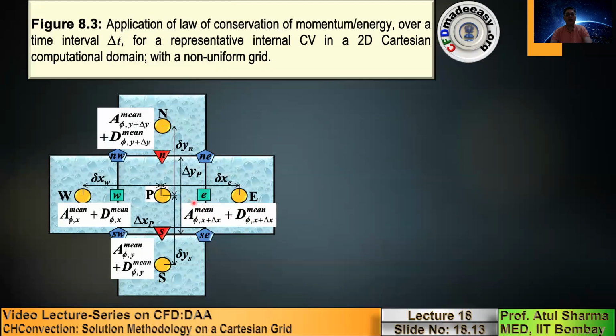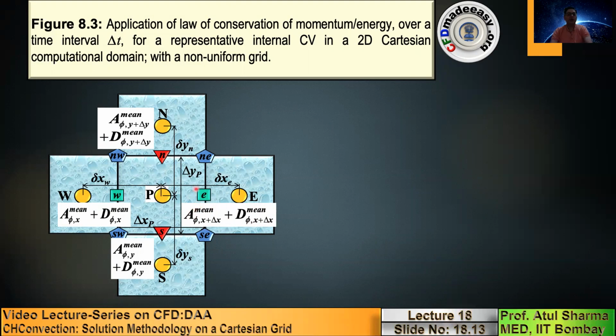But here, we also want to use the conduction as a general variable diffusion and the enthalpy as a general variable advection, so we are using a subscript phi, where if this phi is U, then this becomes the viscous force in x direction. If this A is U, then it becomes the x momentum flow rate. So these are the generalized representations of the advection and diffusion flux transport.